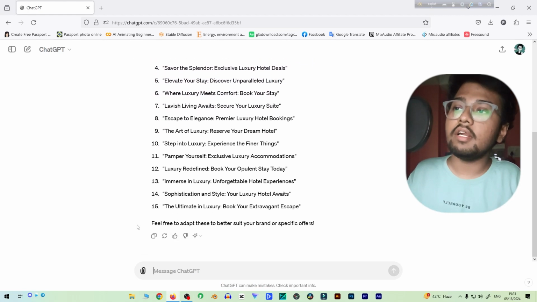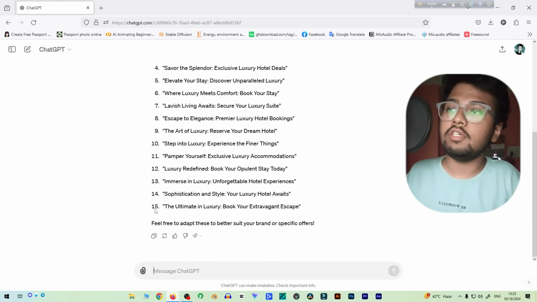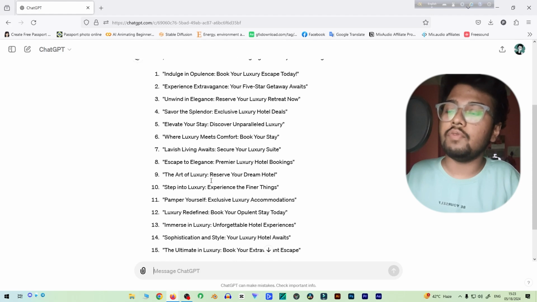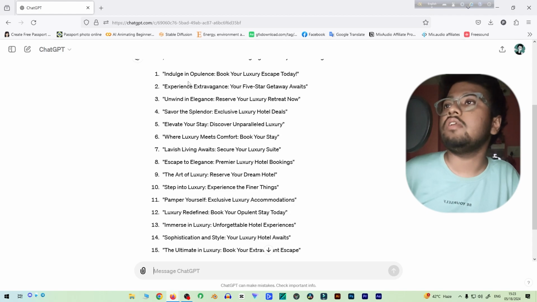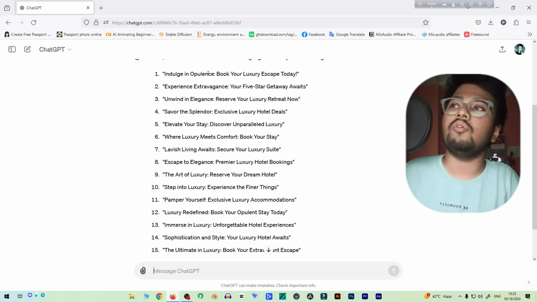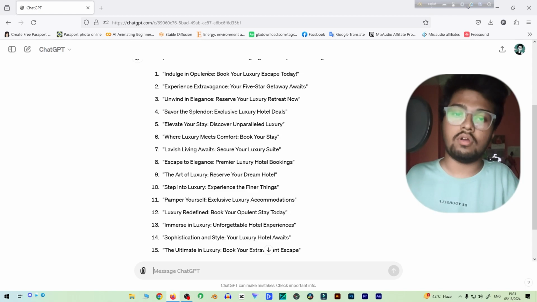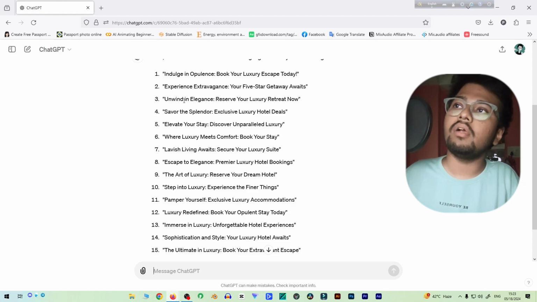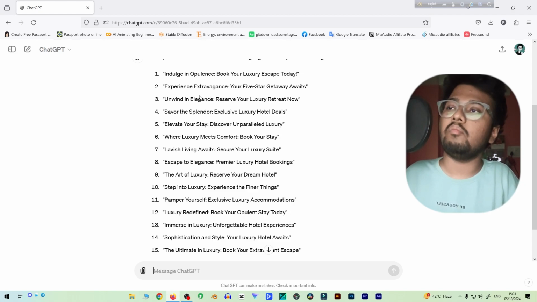You can see there are 15 points of generated things. The first one is "Indulge in opulence." Okay, it means something luxurious. Then there are many more things like "Savor the splendor,"